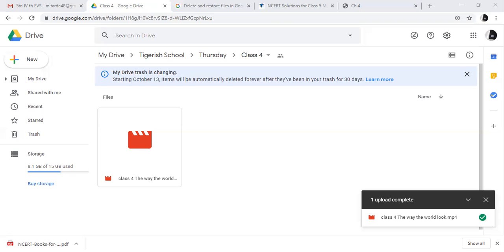Now let's see parts of wholes. First, here they had given the flag. You know our India's flag. How many colors are there? There are three colors in the flag: saffron, white, and green. And in the middle of the flag is the Ashoka Chakra. So you know this description.